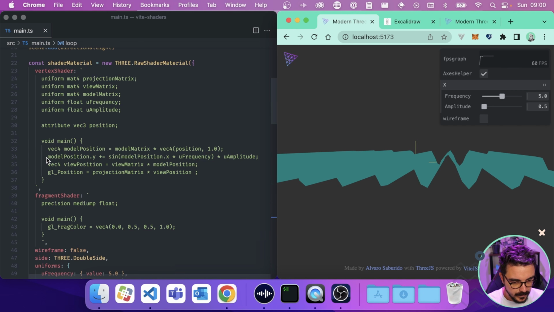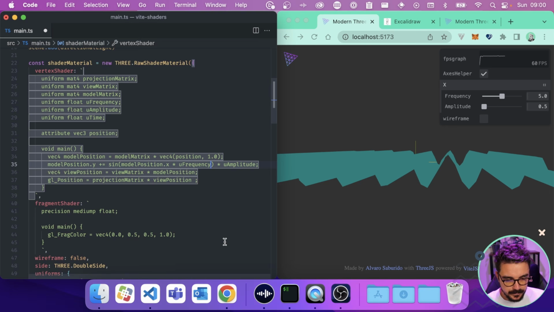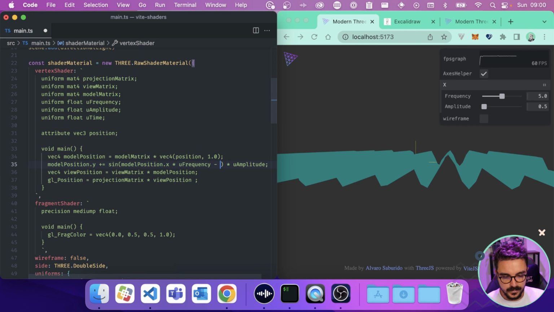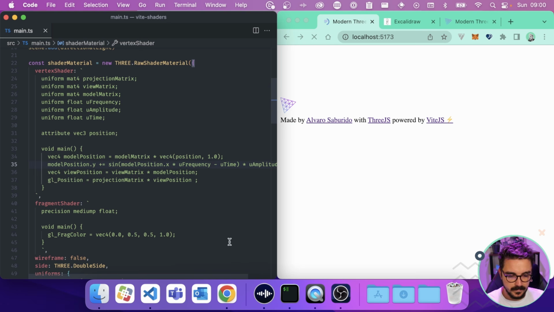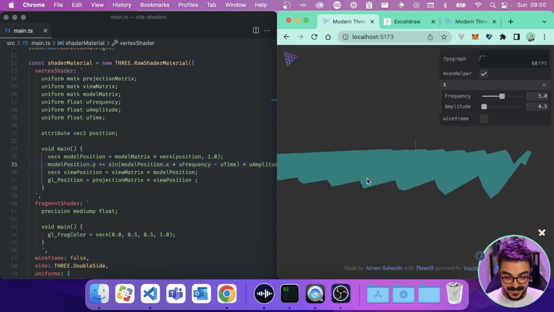So let's do that. Let's go here, uniform float uTime. And how we use it in the sine wave is basically to subtract it from the frequency. So you put in here, minus uTime, and now you can see that it's moving.